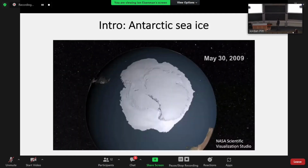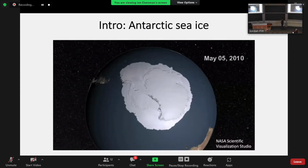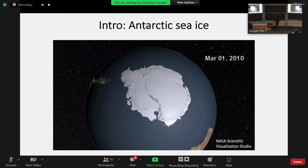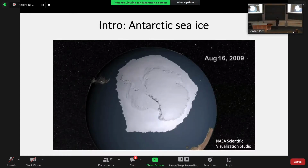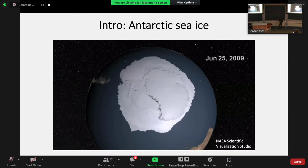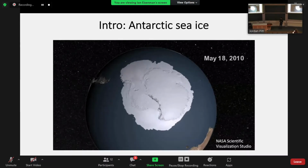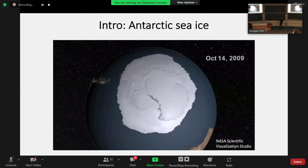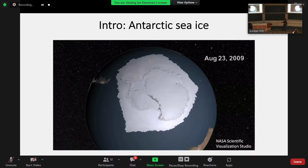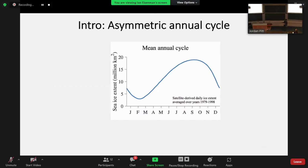So, this talk will be about the large-scale total Antarctic sea ice extent, and just to get us all in the mood for this after lunch, I'm starting here with an animation of daily sea ice extent from passive satellite microwave measurements. And in particular, I'm going to focus on what I see as two really intriguing enigmas about the Antarctic sea ice extent. So first, if we sum up the total sea ice extent and then look at the mean seasonal cycle, which I've plotted here,